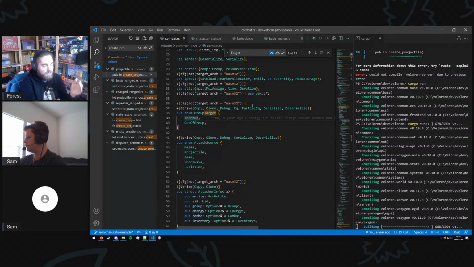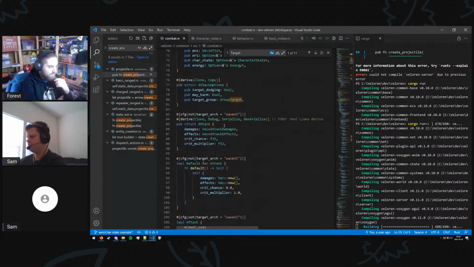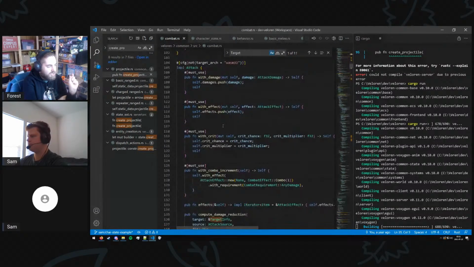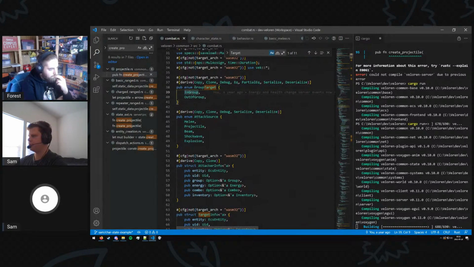Yeah, and I can imagine in a game that if you wanted to make a harder mode or something like that, you could pretty easily just use this toggle to allow team damage. So would you make that change in a RON file? Like if you wanted to be able to attack the people in your group? Right now, this isn't specified in the RON file, so